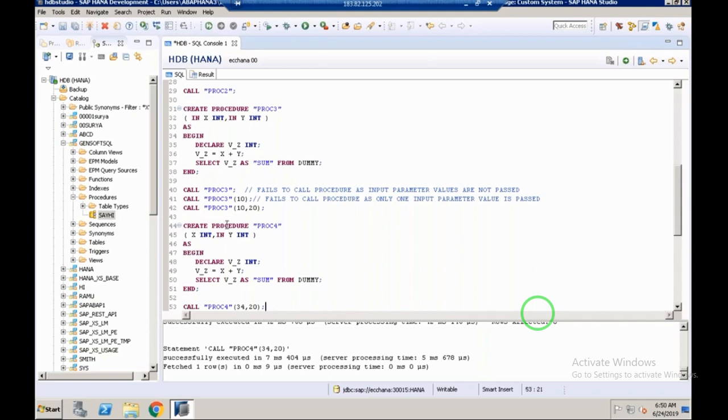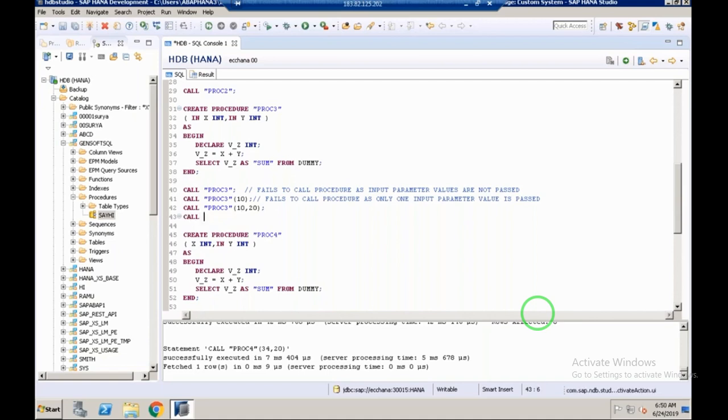I can also call in a slightly different way. Here, how many parameters is the procedure expecting? Two parameters. So understanding is 10 is passed to x, 20 is passed to y. So I'll say call, try to understand this, procedure 3. Here I can say like this. What are the two parameters? x and y. So first I'll try to pass the value of y. I'll say y as 35, and then I'll try to pass the value of